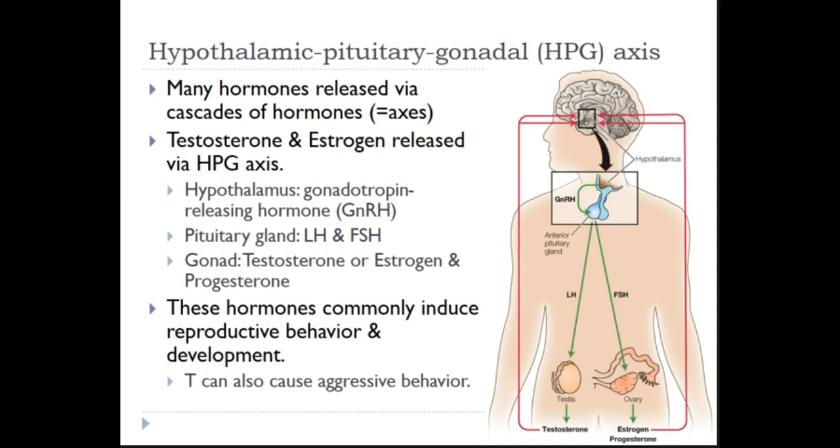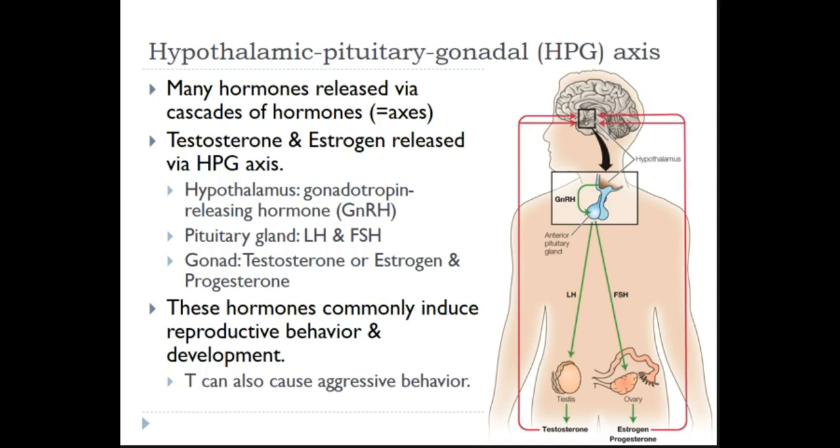The reason it's called a hypothalamic pituitary gonadal axis is that it's not just one gland acting by itself within the organism and producing a hormone. Instead, it's a cascade of hormones that are released, and this cascade is called an axis. Here they're zooming in on one little region of the brain, and sticking off the bottom of this brain is a really important region called the hypothalamus. The hypothalamus is technically part of the diencephalon, but it's central within the interior part of the brain. It is one of the main regulators of our entire endocrine system.